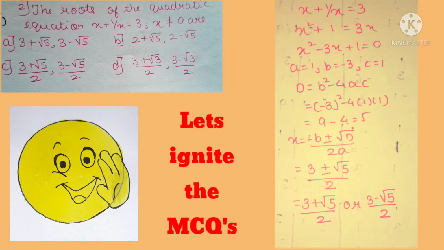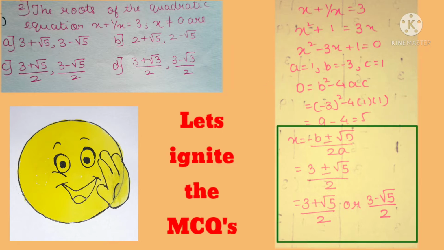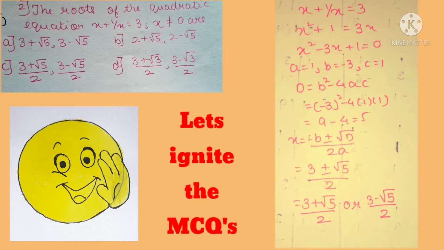If we compare with the general form of the quadratic equation, that is ax square plus bx plus c is equal to 0, a is equal to 1, b is equal to minus 3 and c is equal to 1. So let's find the discriminant value, that is nothing but D is equal to b square minus 4ac. We have put the values accordingly and we got the value of D. So let's find the value of x is equal to minus b plus or minus root of b square minus 4ac divided by 2a. We have already found D, so we'll just put the values accordingly because we need to find the root. We used the formula and we got the answer as 3 plus or minus root 5 by 2. So the option will be C.